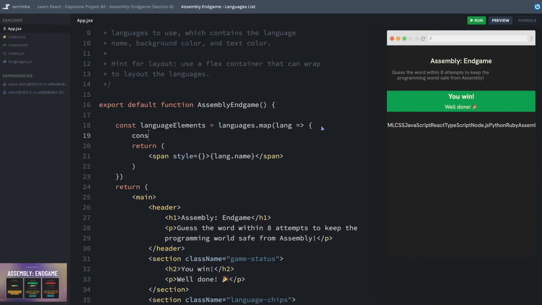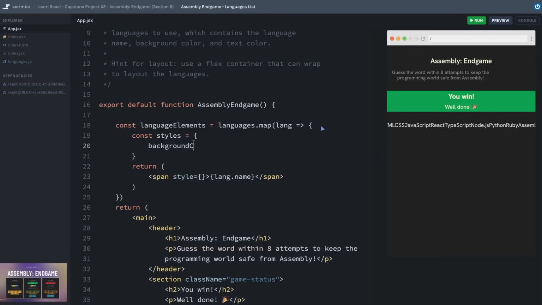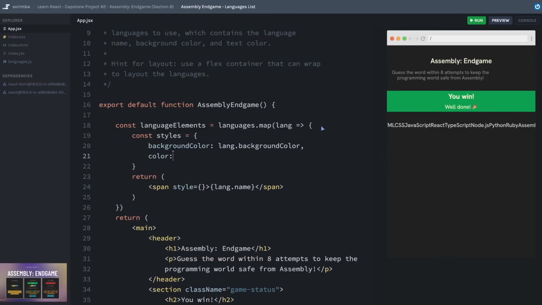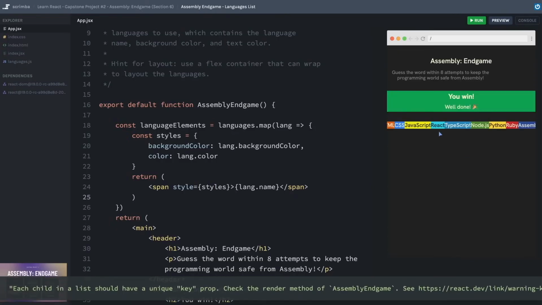And by doing that, I can now just create, I'll say styles is equal to an object where the background color is going to be lang.backgroundColor, and the text color is going to be lang.color. And then I can just pass in my styles object right here. The other way would have worked fine too. This feels better to me for some reason. Let's see if that made any difference. Okay, well, that's a good step in the right direction.